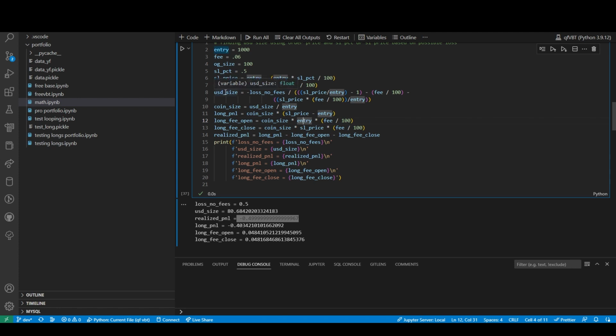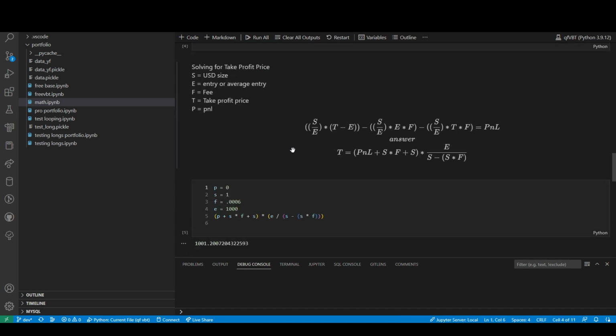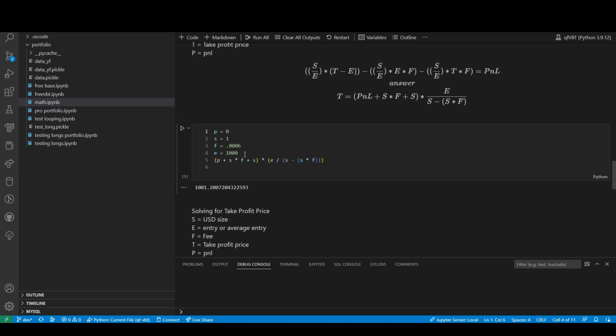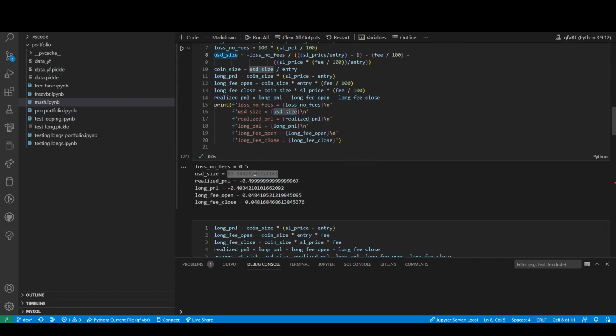So now what I need to do is say with this position size, what does my, in order to get a $1 profit with a position size of this,